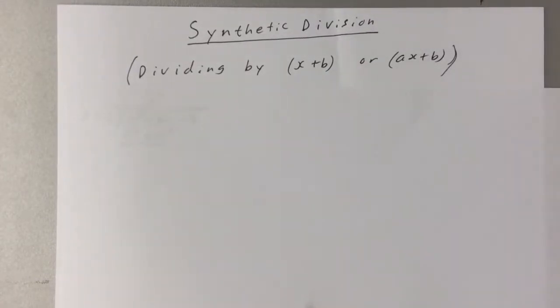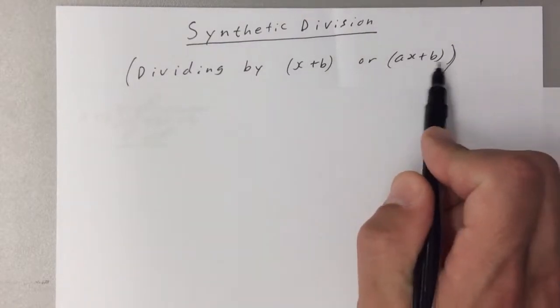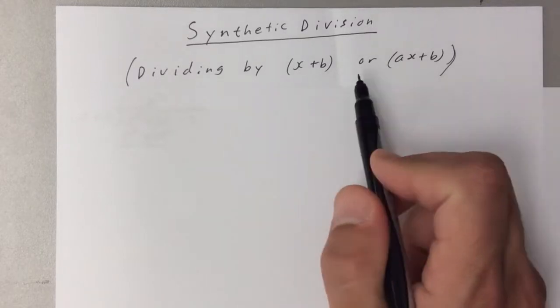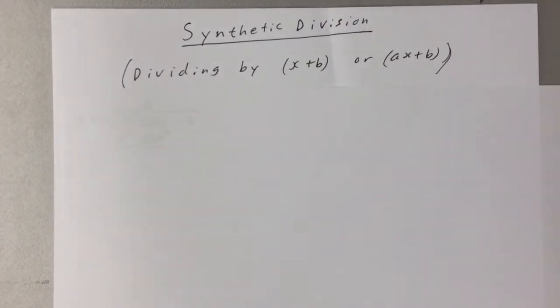Alright, in this video we're going to look at synthetic division, which is a quicker way of dividing polynomials when you're dividing a polynomial by x plus b or ax plus b, a linear. Okay, so if you're dividing a polynomial by a linear function, synthetic division can make it faster. Okay, so we're going to start off with